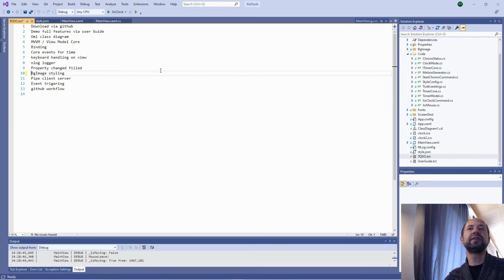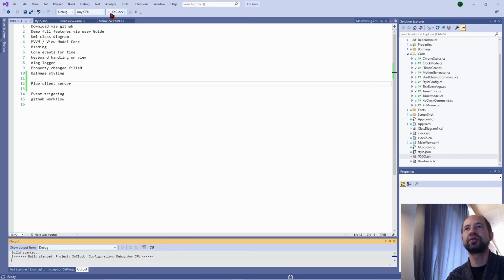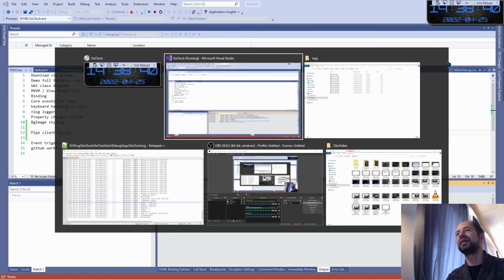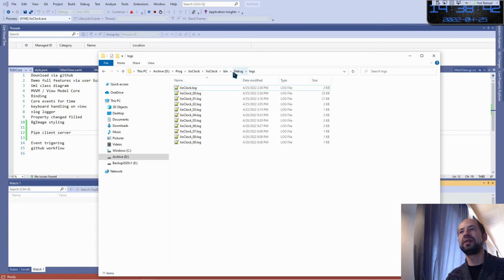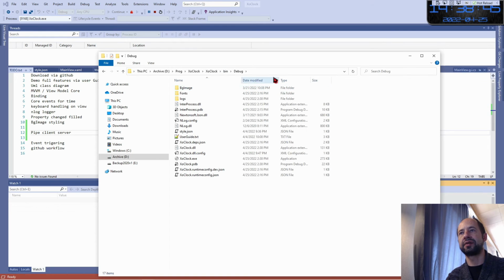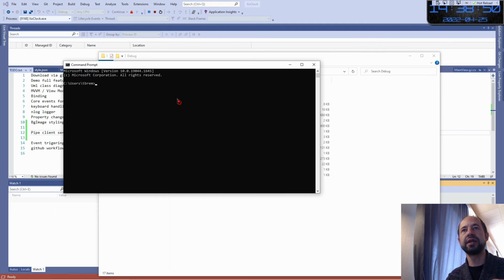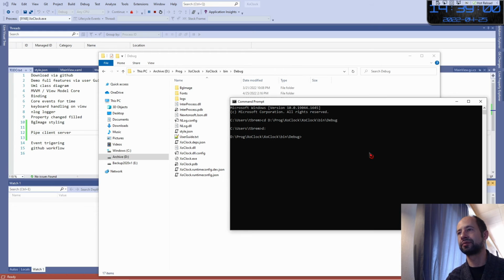Now that we have seen the background image styling, let's look a little at how the pipe client server is implemented. One feature I have specifically designed, let's show it again, is that in my output folder, I can go there, cd tac like this, and I'm going to issue some command lines to control the clock.